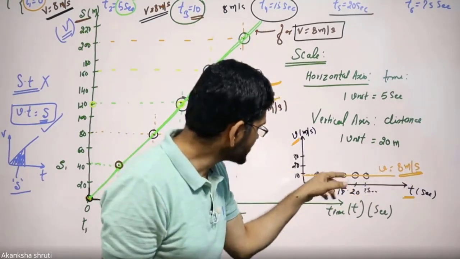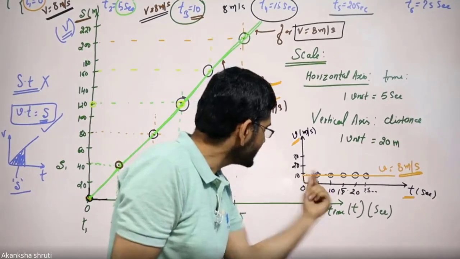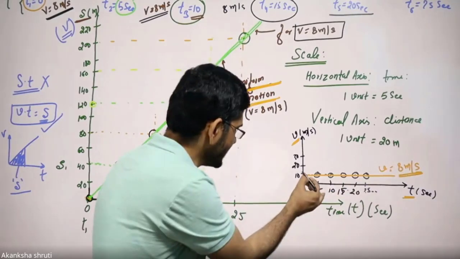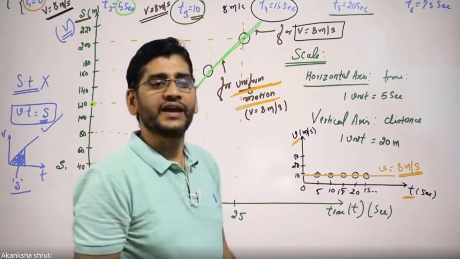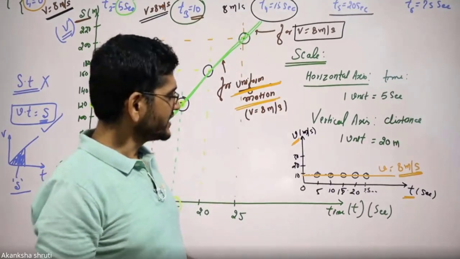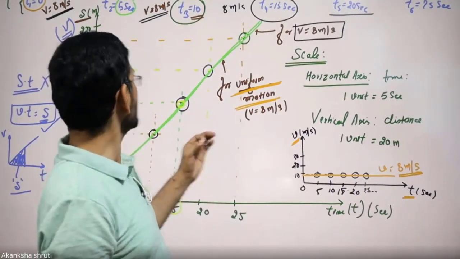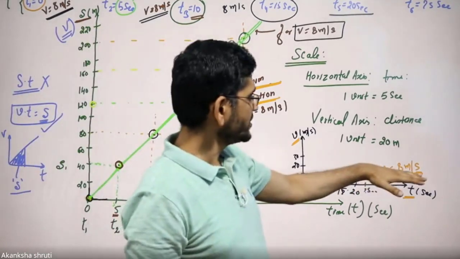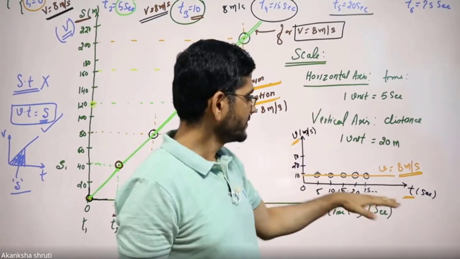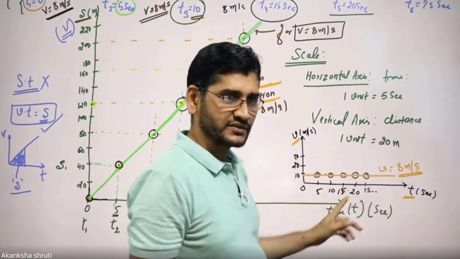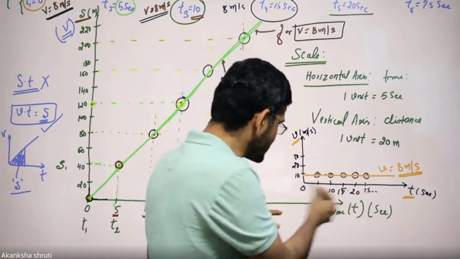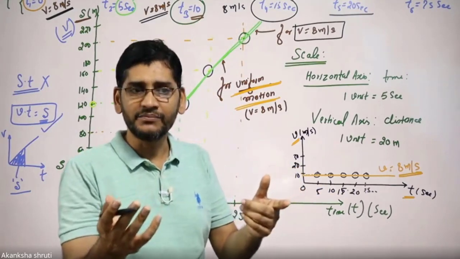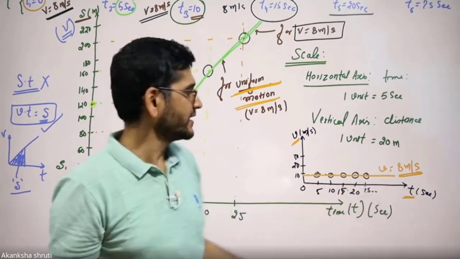And at how much distance on this velocity axis? The same, whatever the speed or the velocity is, 8 meters per second. The scale was 10 here, and we have marked this as 8. Okay, student? So this way we have understood that for the uniform motion, the distance time graph will be continuously increasing, but the velocity time graph will be a straight line parallel to the time axis. It cannot be on the time axis. If it is on the time axis, it means it is representing zero speed or zero velocity. At that time, it is acting like a rest, as we had seen.